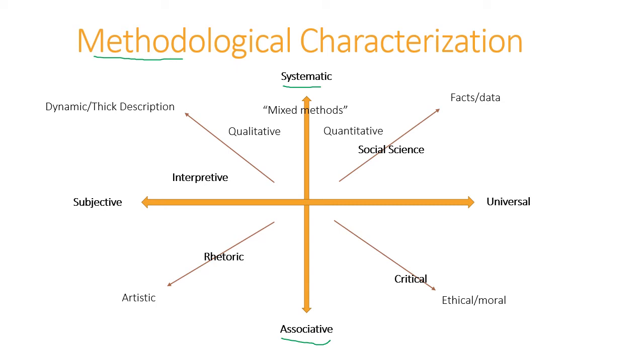So again, when it comes to something that is interpretive or the social sciences, what they really have in common is that they're very systematic and rigorous. They have established practices that they go through. Now, of course, every paradigm has its own practices, its own methodology. But the point of being rigorous in something like social science is that you have a reproducible system so that you can compare apples to apples rather than apples to oranges, where the other paradigms might not be as concerned about that. That's why I put down here associative.